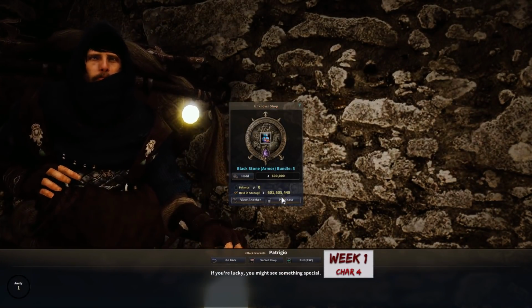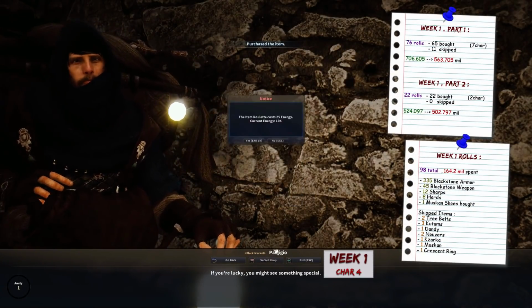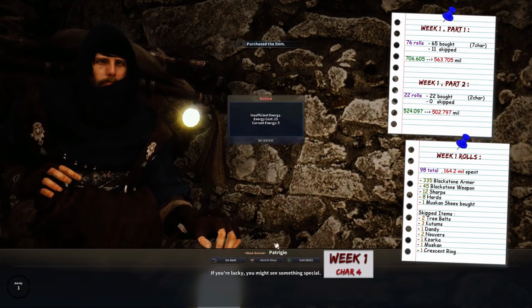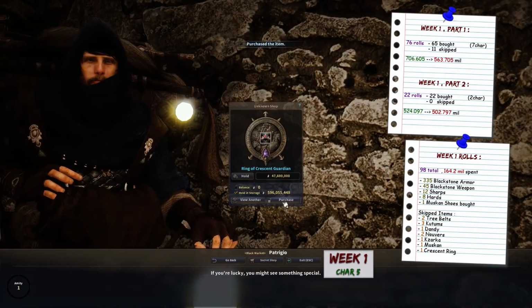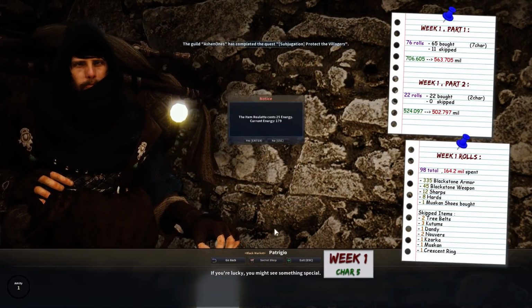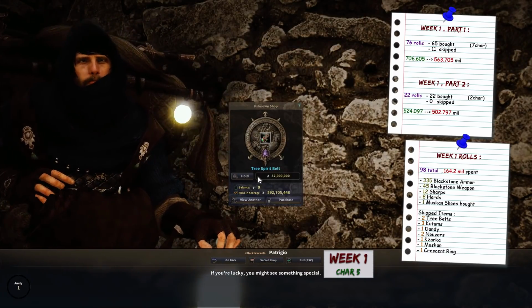From the first run, the first test, I did a total of 76 rolls. I'm going to have all of the clips playing in the background in case you want to check them out. Out of these 76 rolls, I bought 65 of them and I skipped 11 items, and out of those skipped